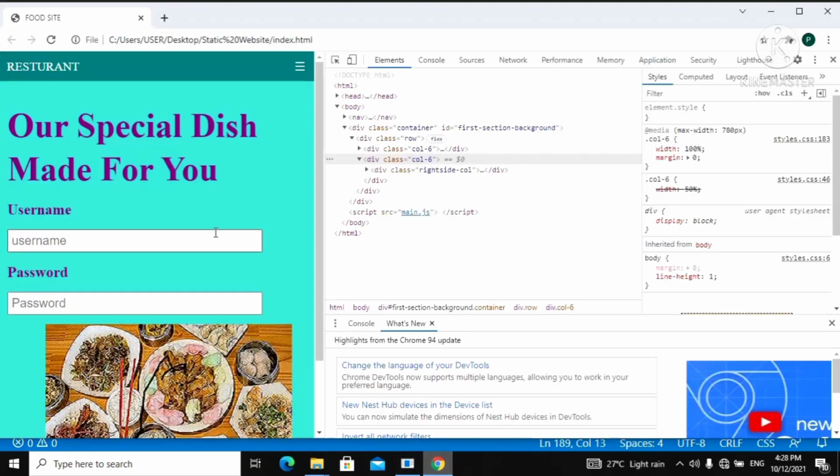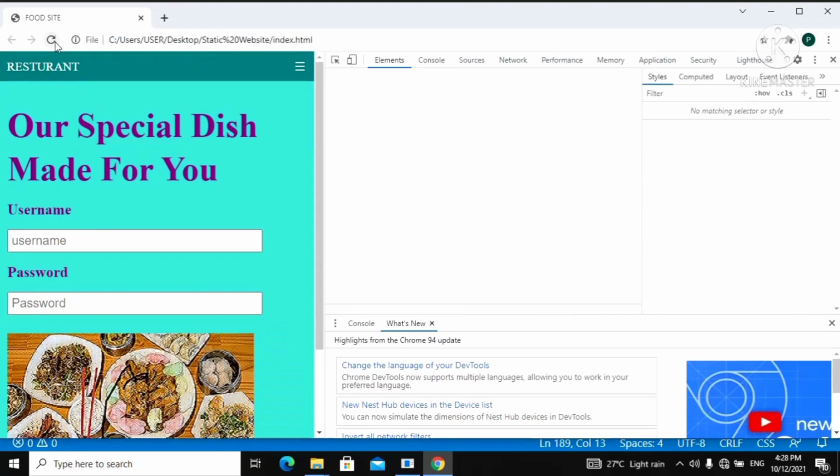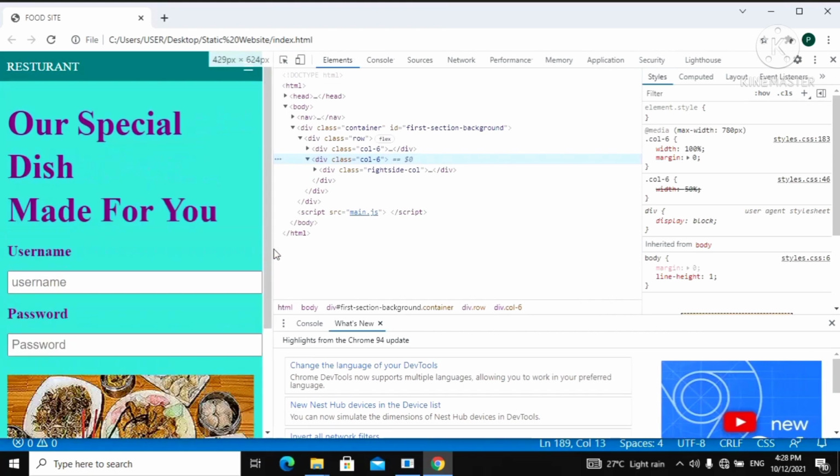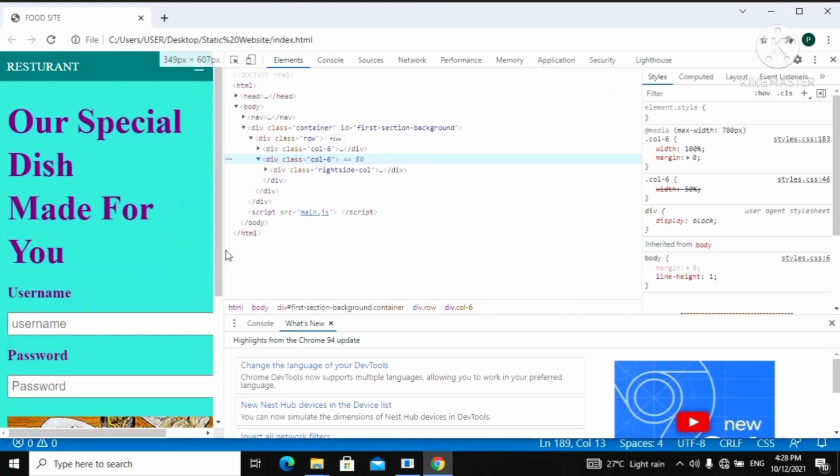So let's go back and refresh this. Refresh. Now you can see the image is aligned properly with the first column on top of it. You can see the margin here. This is the margin of 15 pixels. So this is looking good so far. If we resize this like this, as you can see here,